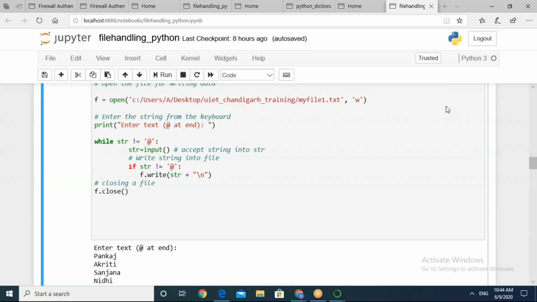हम क्या कर रहे हैं, इसमें एक स्ट्रिंग एंटर कर रहे हैं. द प्रोग्राम इज टू एंटर द स्ट्रिंग्स इन माई फाइल विद द नेम myfile1.txt. तो आप ये कब तक करोगे, लूप कब तक चलेगा? आई डोंट वॉन्ट इट टू मेक अ इनफाइनाइट प्रोसेस. तो कभी तो आप स्टॉप करोगे. सपोज आपने 10 स्ट्रिंग एंटर करनी है, तो या तो आप काउंटर मेंटेन कर लो कि इतना हो गया, उसके बाद आपने उसको फाइल को क्लोज करना है.